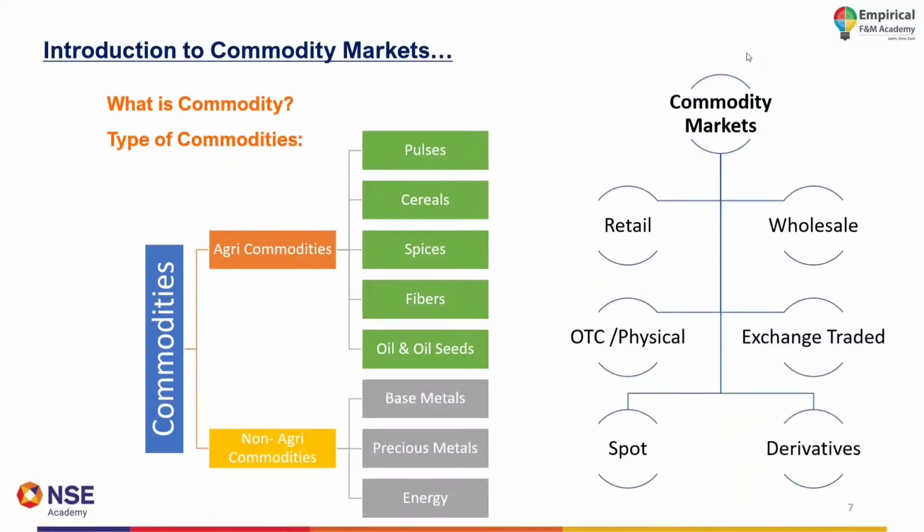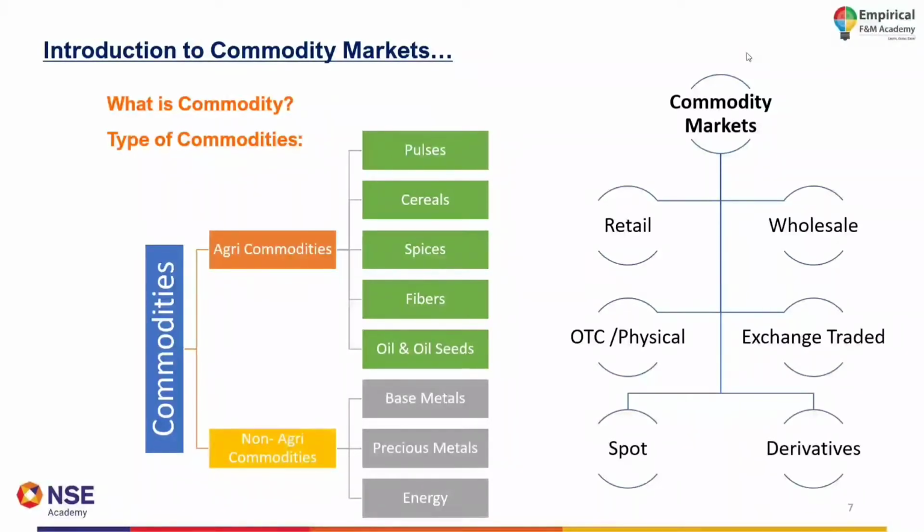And the other way, there is something called the OTC market, which is the over the counter market. What is over the counter? Let's say if I'm going to the jeweler, I stay in front of the cash counter, in front of the delivery counter, in front of the salesman. That's what an over the counter transaction is. You can call it the OTC market, or you can also call it the physical market when it comes to commodity markets. On the other way, I can also buy gold through commodity exchanges.